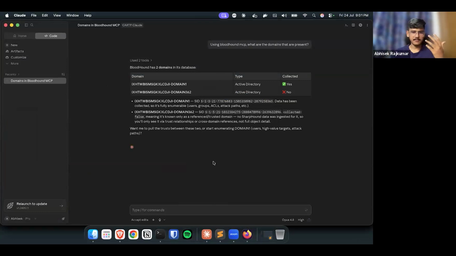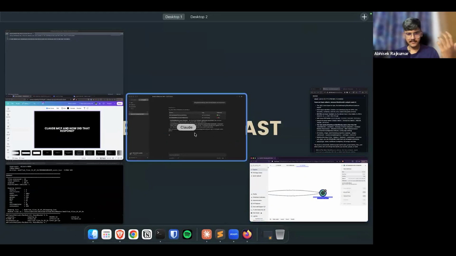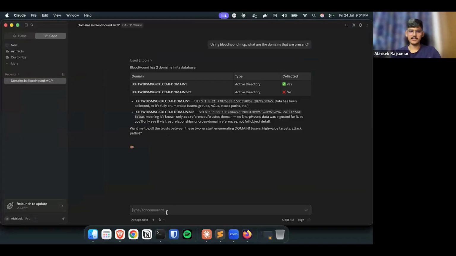So yeah, it's a very simple query. It's not like a very big magic trick that I did. We saw it here as well. So the place where it's very helpful is we could ask Claude, say, if I have a domain user already with me, what are the easiest paths to domain admin on this lab?